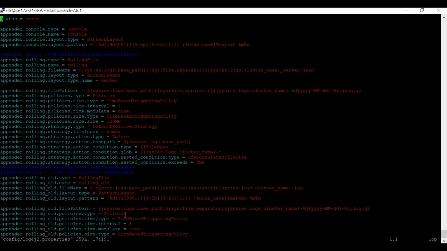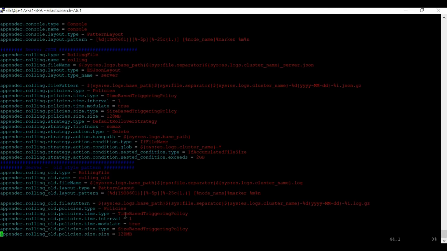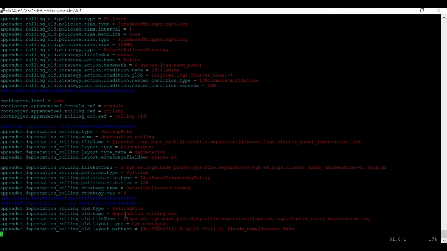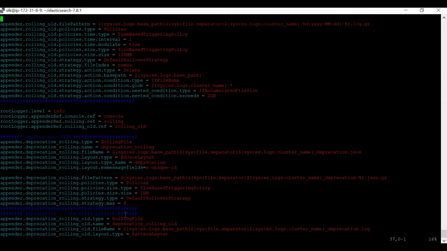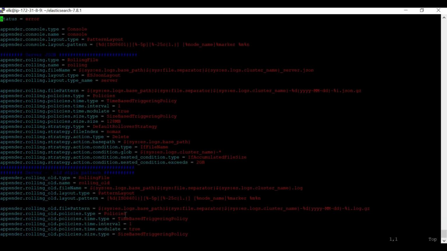Most of this we won't be playing around with unless it's recommended by the Elastic support team for their analysis when you raise certain cases. I would suggest not to play around with it. Let it be the way it is working. At max, what you might want to change is, suppose here it's error, you might change it to info or debug.